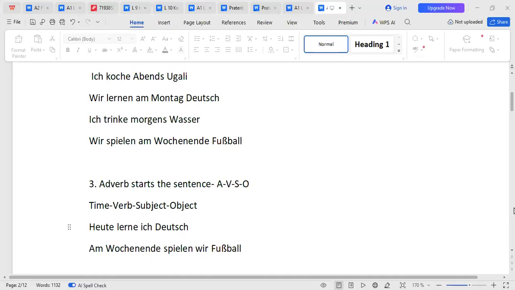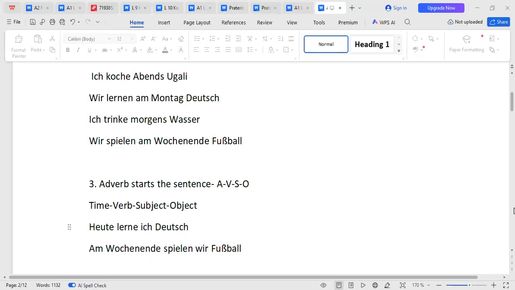After knowing how to conjugate, you must know how to put your sentence together, the sentence structure, because it is different from English. English takes the time at the end: we are learning German on Monday. But German has got the rules. You can't take time away. The rules must be followed. German also requires discipline. You have to follow the rules for you to communicate.